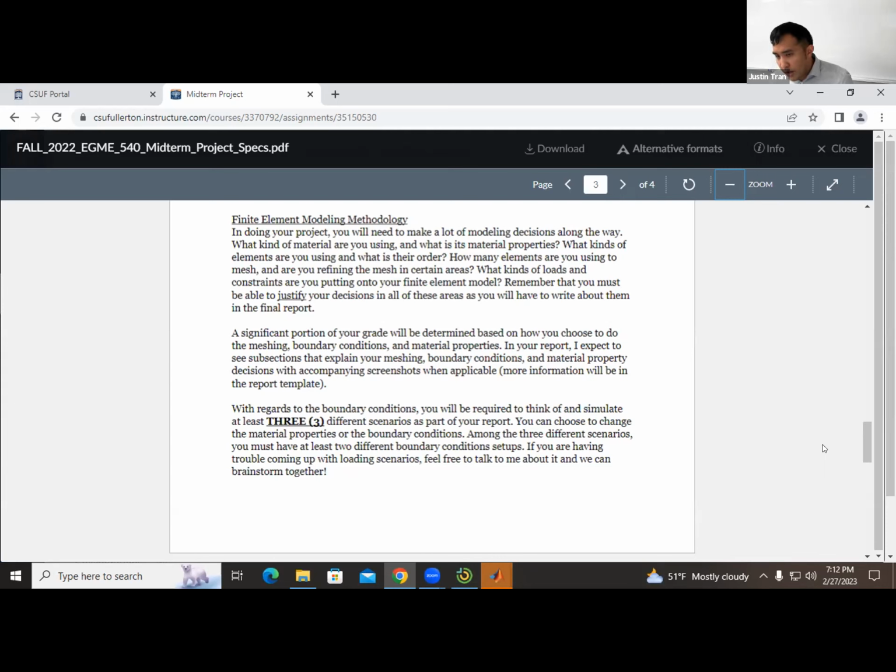So there's not really a right answer, but it's more in your thought process: I chose to use tetrahedrons here because of this, and I chose to add mesh refinement because of this. That "because" is really important, just to make sure that people have faith in your decisions. It's very easy to take an FEA and produce a very pretty picture with it, but whether that pretty picture is reliable or not is a whole other question.